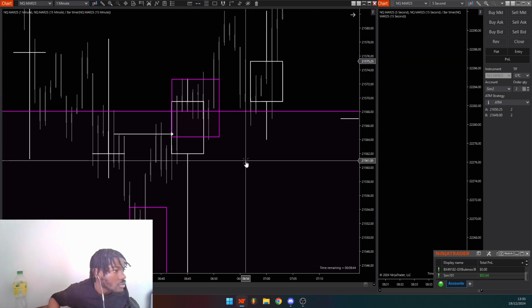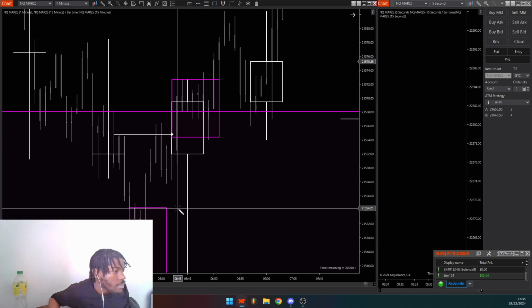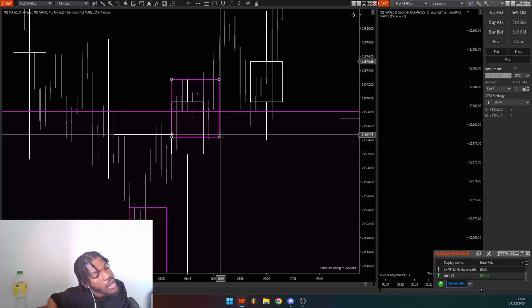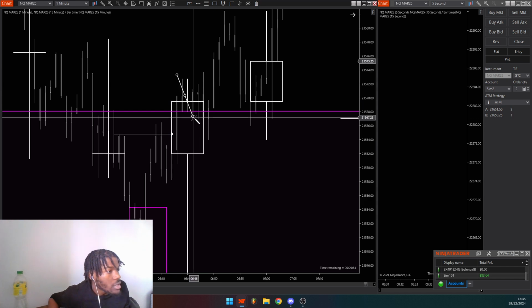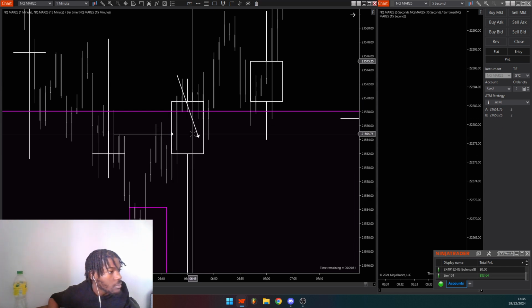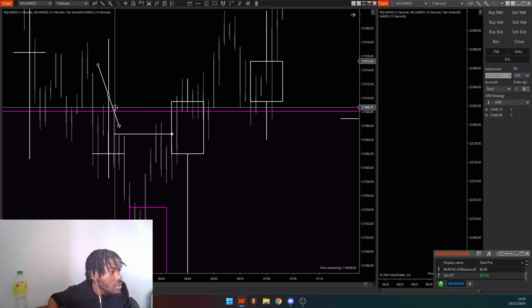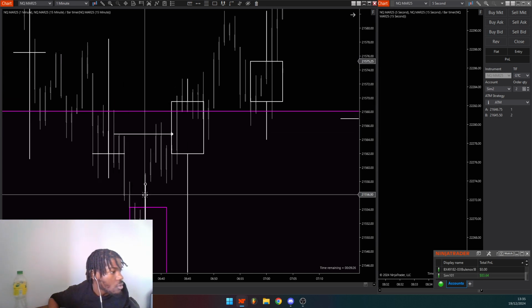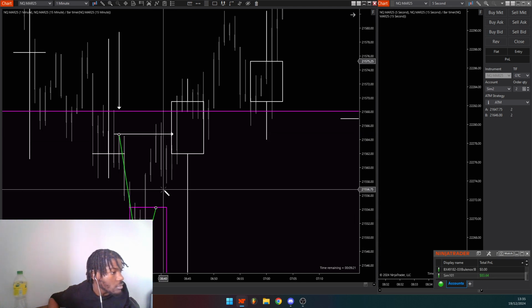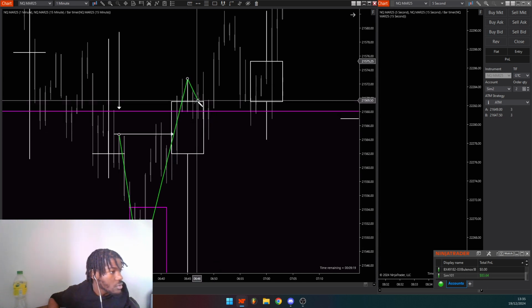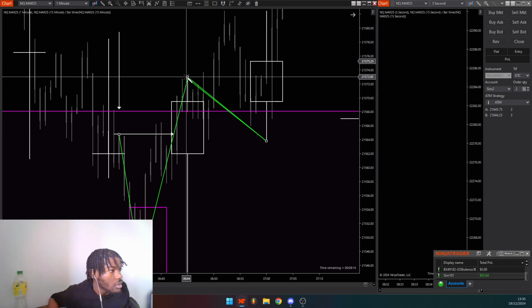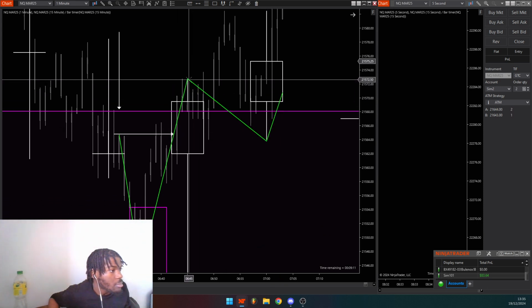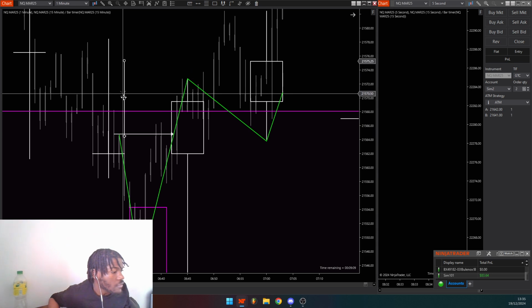No closure up above here. Now there was no pullback. There is a pull. Okay, cool, I'll have to clarify this. This is a pullback on a lower time frame, but not on a time frame that's the same as this flip right here. This is just a squiggly little move. The pullback that belongs to the same time frame as this first flip